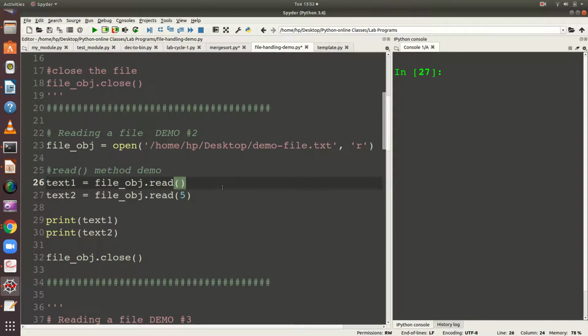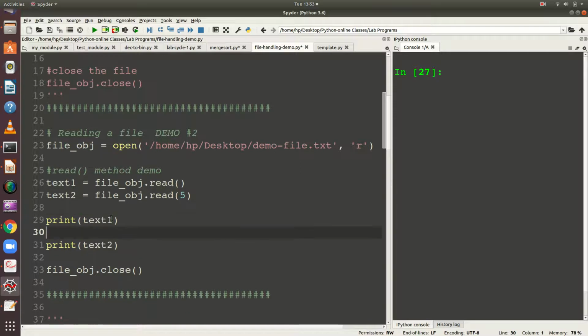So I just run the program. So this is the file. I open the file in the read mode, and I'm going to use the read method with argument and without argument, and I try printing it. And if you want, I can give a print statement here